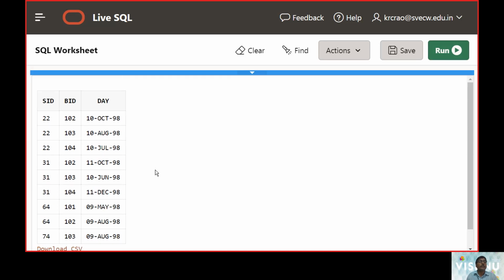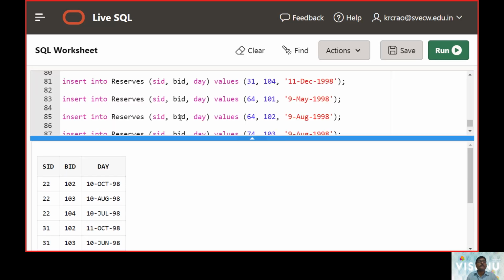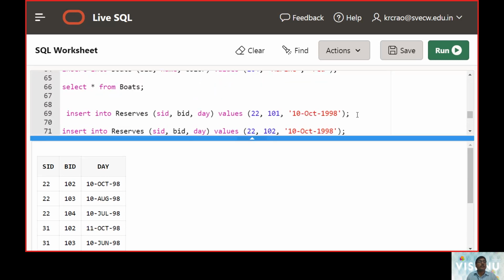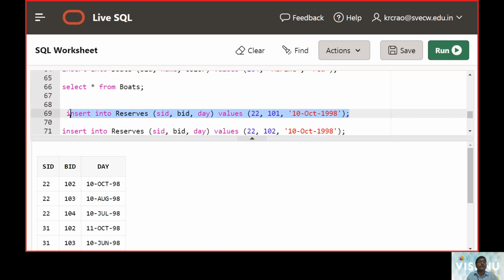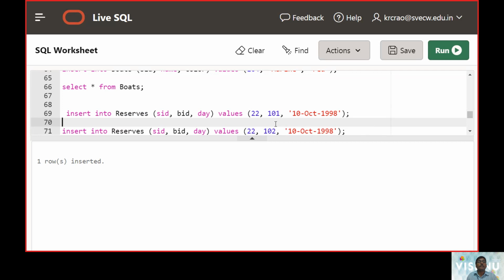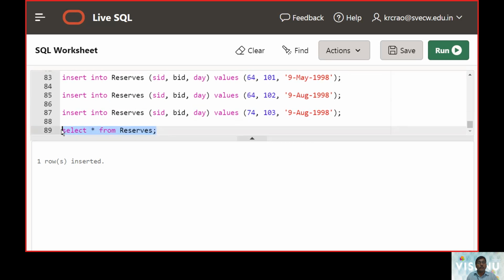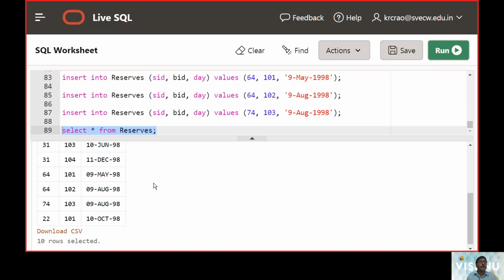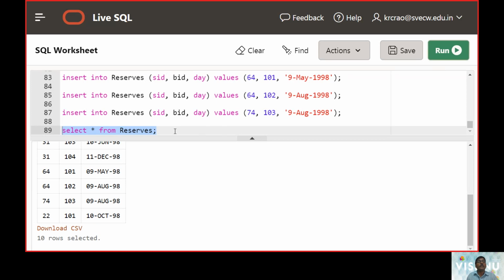There are only 9 rows, because the first row was not inserted. So I will insert the first row alone. Now 10 rows will be inserted. Now you can see all the 10 rows are inserted.